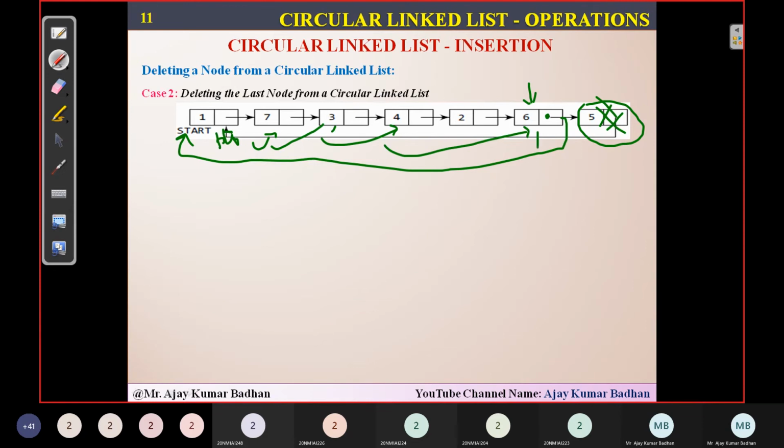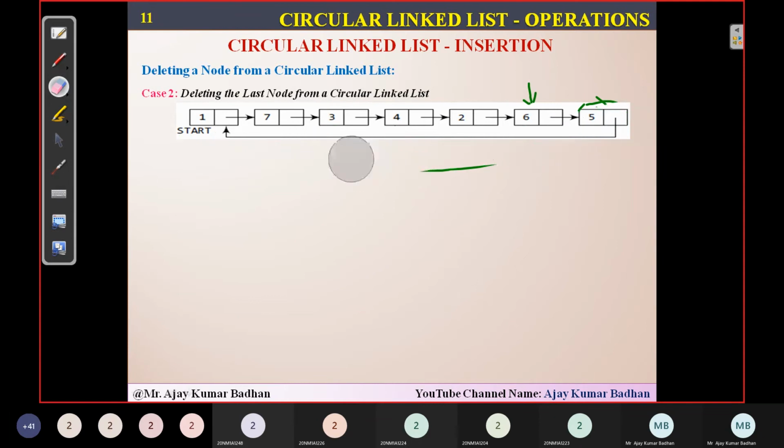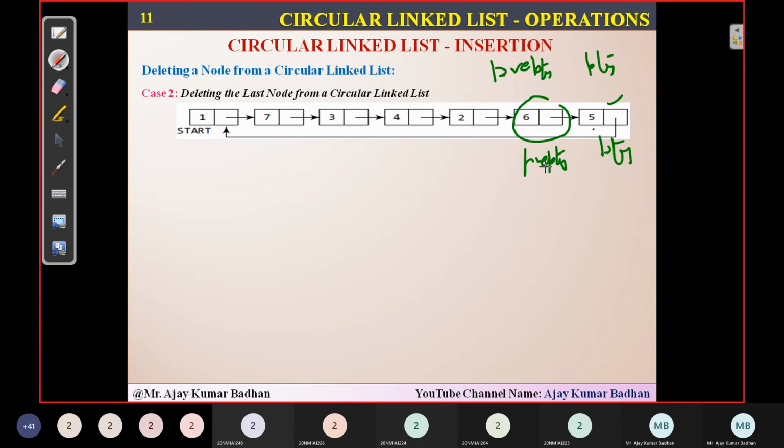I will traverse until I reach here. Sorry, if I'm not wrong, we need to use two different pointers here, because this is the node before the last node, and I want to remove the last one. So definitely I should be using two pointers here, pre-PTR, and then we have something called PTR. Same as what we have used in the linked list concept. The pointer will be pointing to the node which I want to delete, and pre-PTR is the one where the address I have to change.